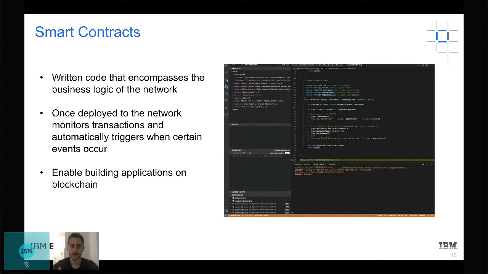And it allows you to implement your application or business logic and rules that explain exactly how that network can work. And what it's really done is enabled people to build applications on top of this type of structure, on top of that immutable ledger and implementing consensus there.